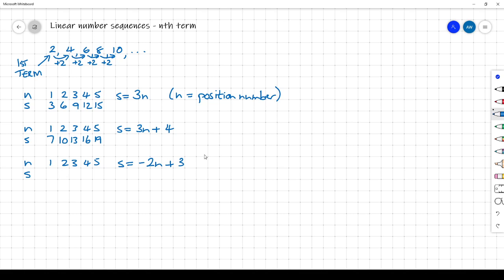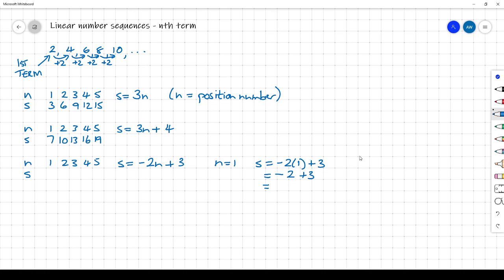So for the first one, I'm just going to put n equal to 1 into this, just to show you what I mean. So instead of n, remember we've done substitution. Instead of n, I'm going to put the value 1 because that's what we're substituting in first to represent the first term. And now I'm going to work it out. Minus 2 times 1. Remember, the rules for multiplying with negatives and positives. Minus times a plus is a minus, 2 times 1 is 2, plus 3,